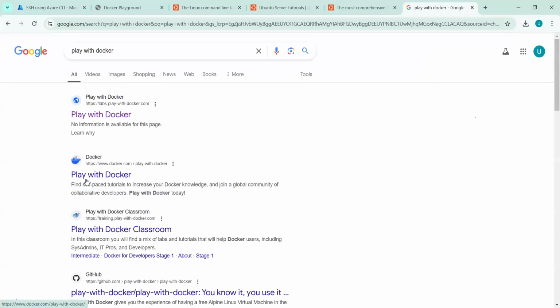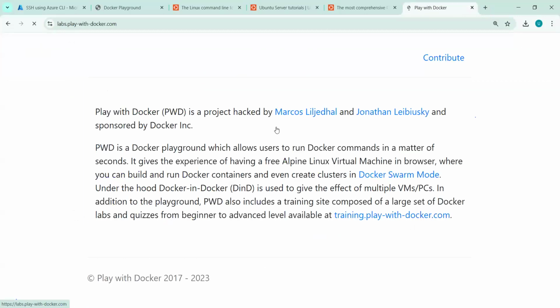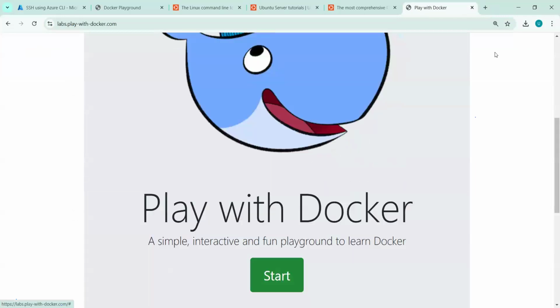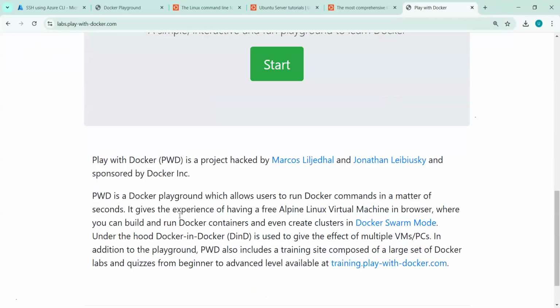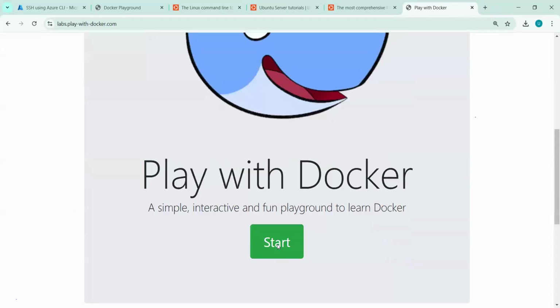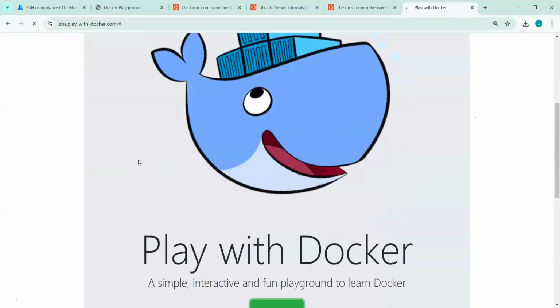And here you will get a URL, labs.play-with-docker.com, and you will see a login button, and then you have to log in using your Gmail account. It is instant, and you can start practicing right away.